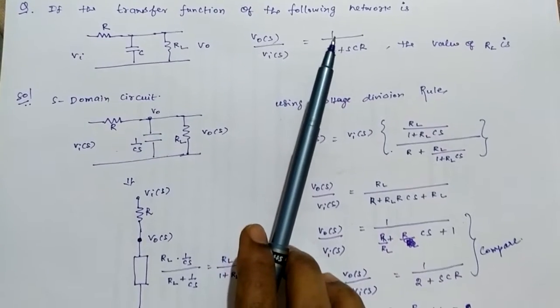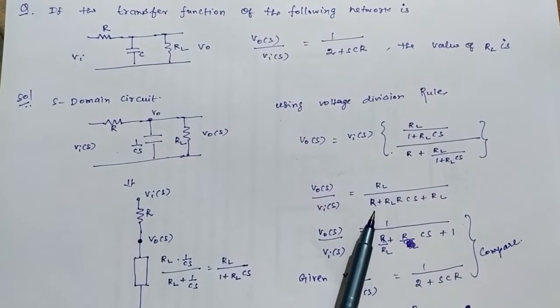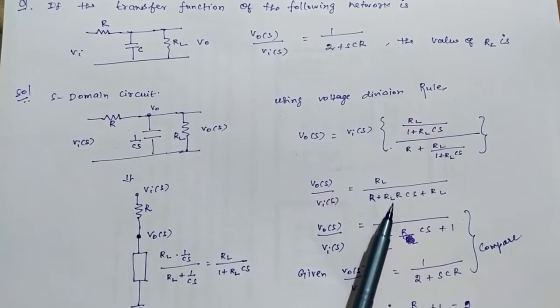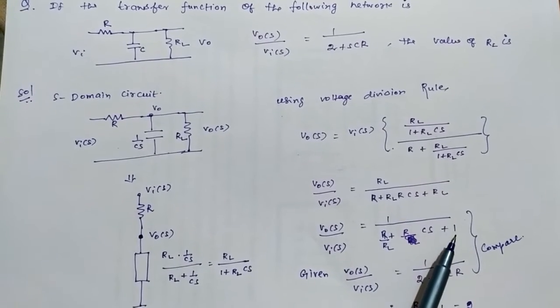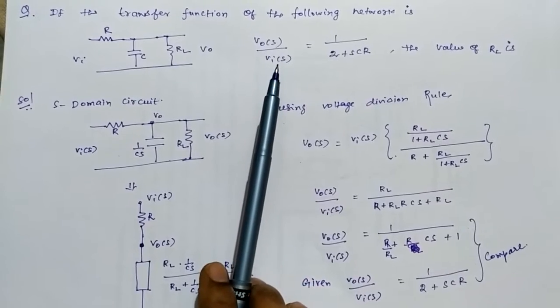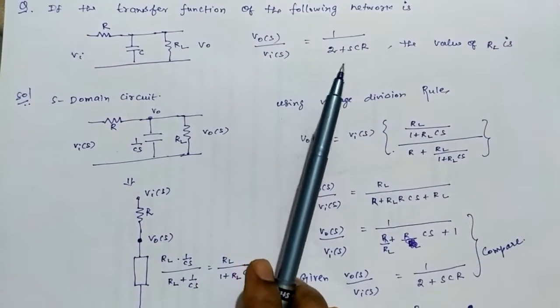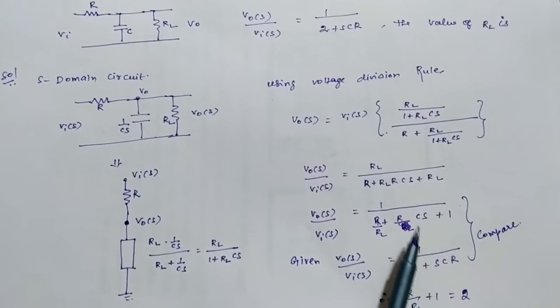In the standard form we have numerator 1. So divide this by RL throughout. So in the denominator, R over RL. Here RL cancels, so remaining we have R into CS. This RL is cancelled. So now compare with the given V naught of S by Vi of S, which is 1 over 2 plus SCR. Right. So when we compare these,